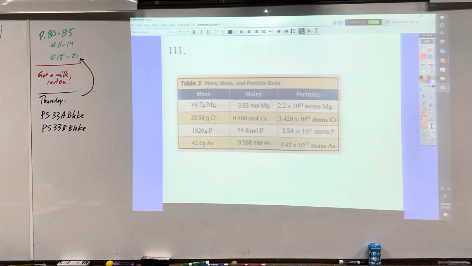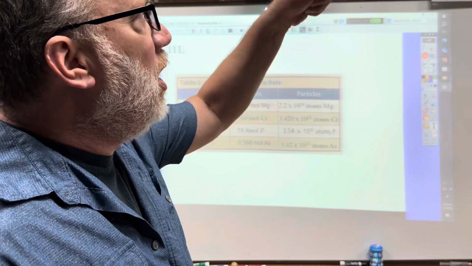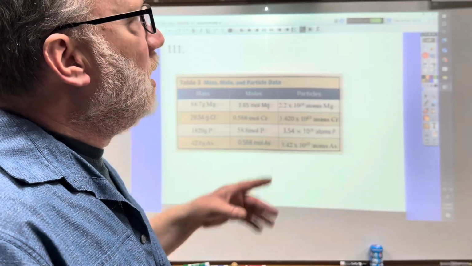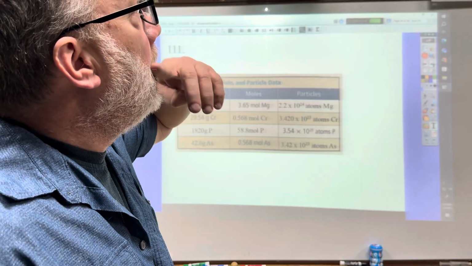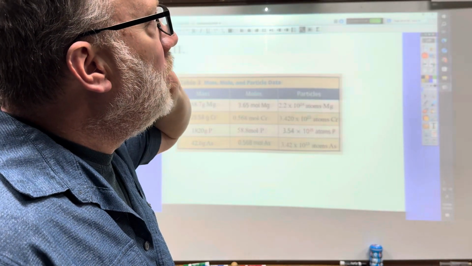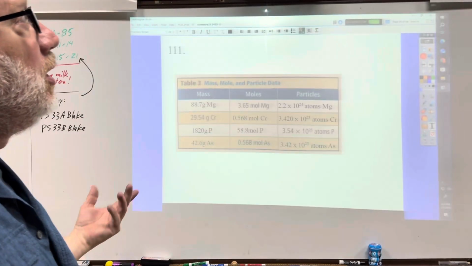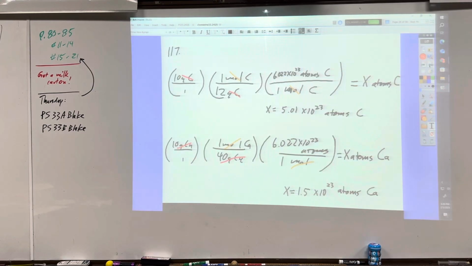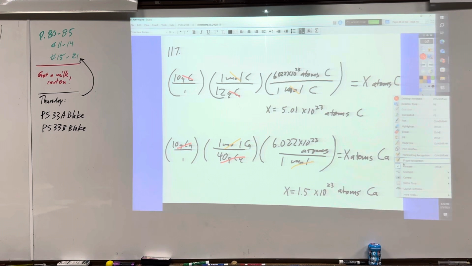Okay, the one with least molar mass, carbon is 12, is going to have more atoms if the masses are equal. And calcium is 40. In fact, they're not a 4-to-1 ratio. They're like 3.6 or so to 1 ratio. And they want you to go ahead and count up the atoms. So if you do it that way,